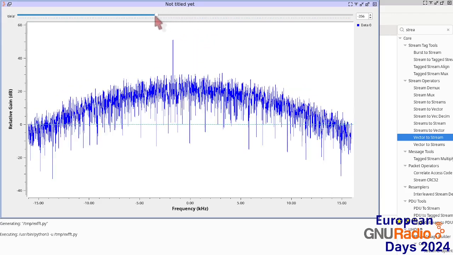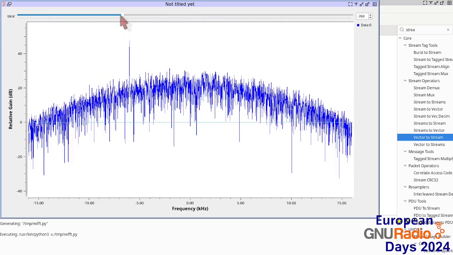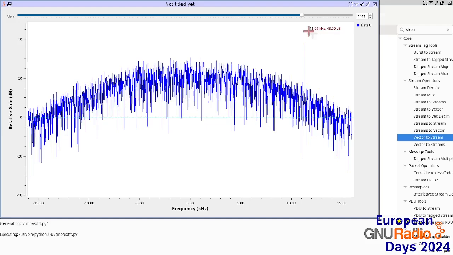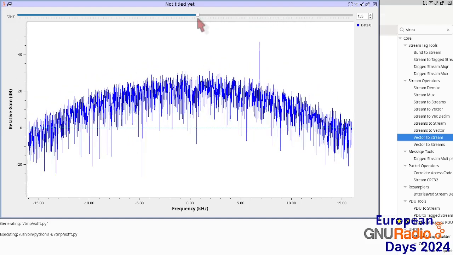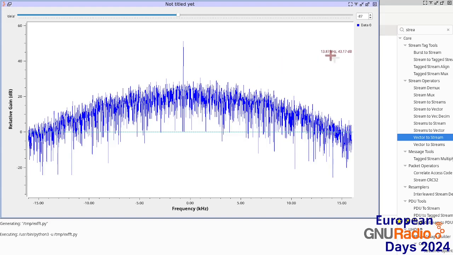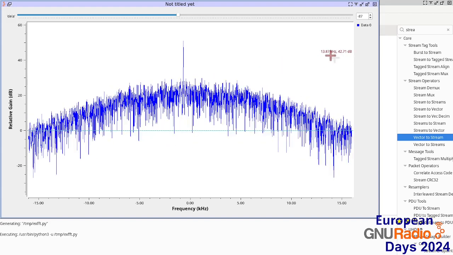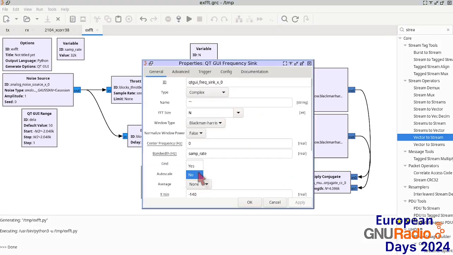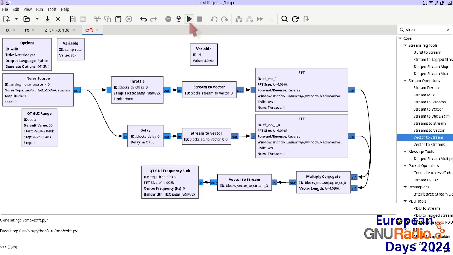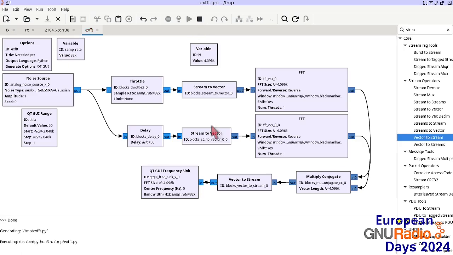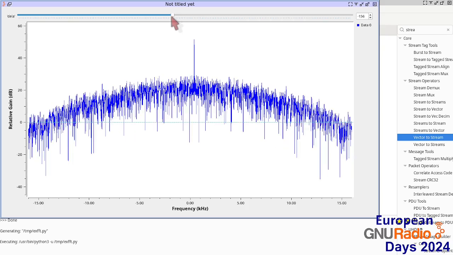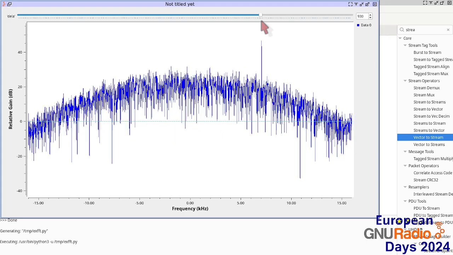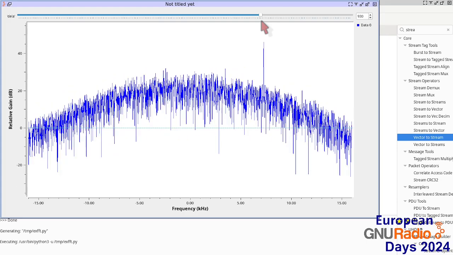And now you see that when we're moving the time delay, here is your correlation, and you see that your correlation peak is indeed moving as we are introducing a delay. So the correlation is working correctly. This demonstrates how, by wisely using the mathematical properties of the estimator that you're considering, you can actually compensate for the lack of a signal processing block in GNU Radio Companion, rather than starting to write your own